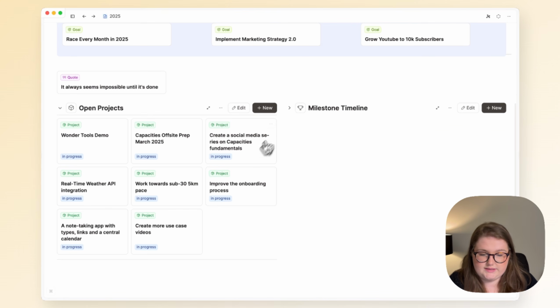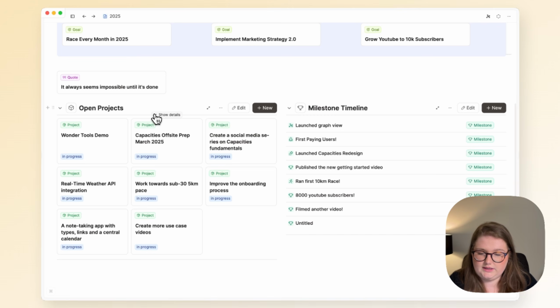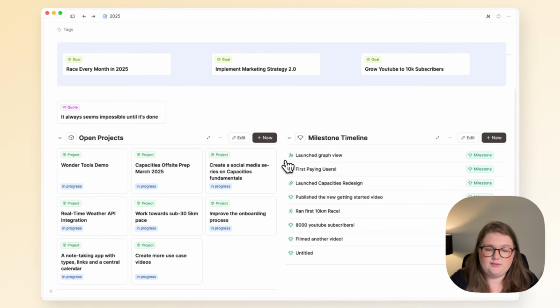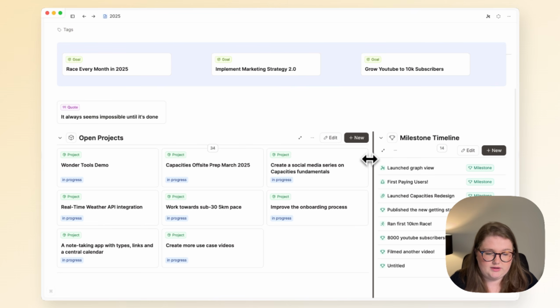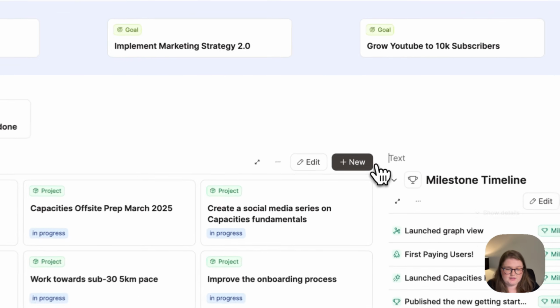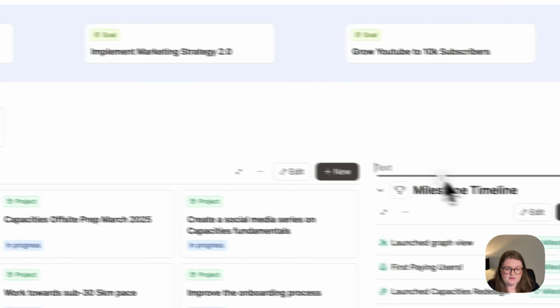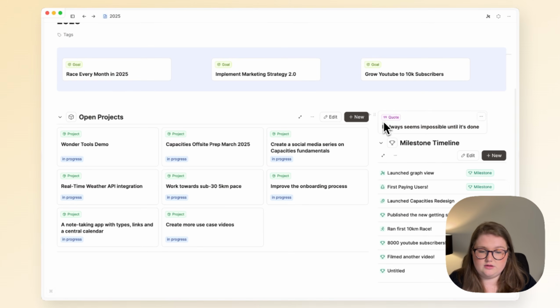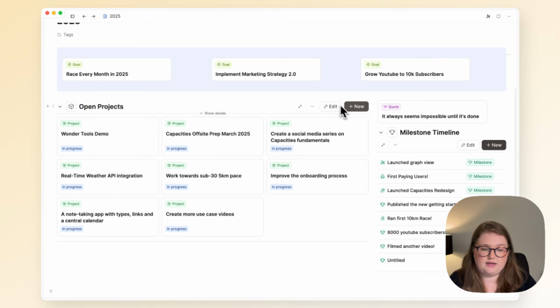You can then open these and choose whatever view you want. I'll stick with those. But I do want that timeline to be smaller. And I want that quote above the timeline, so you can do Shift and click to get a block. Then again, I want to look at the lines to work out where that quote's going to go. Delete the block in between, and now I have